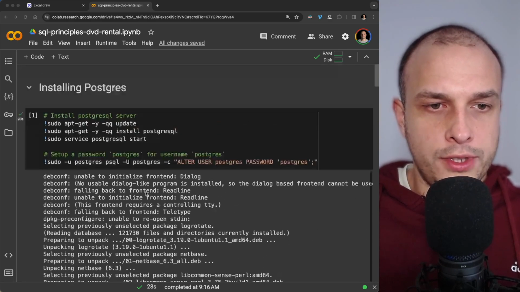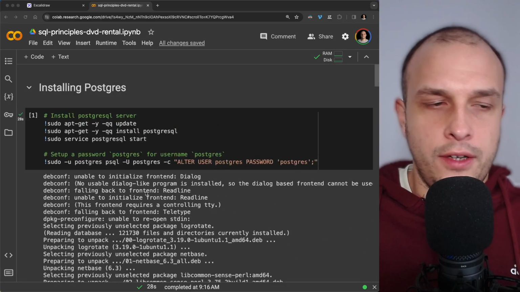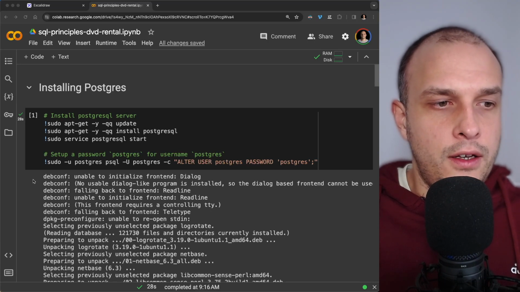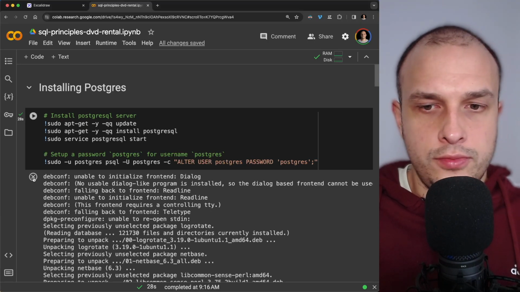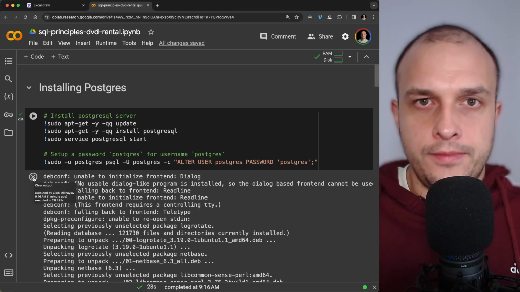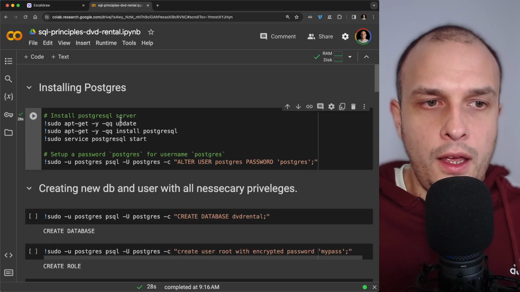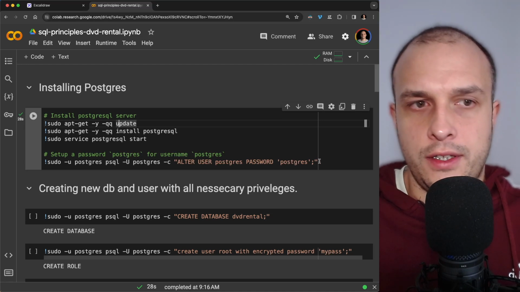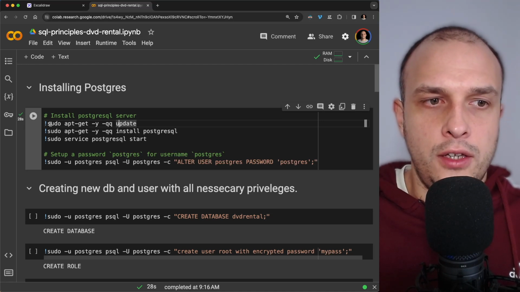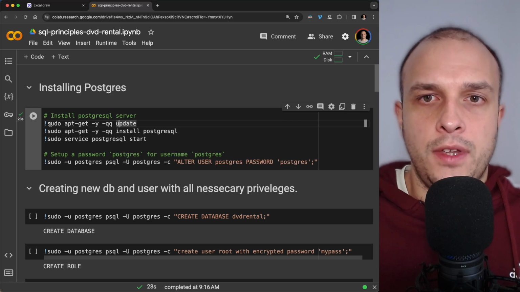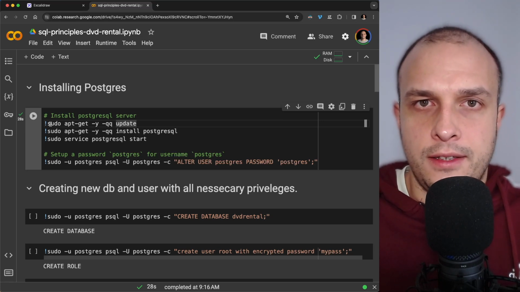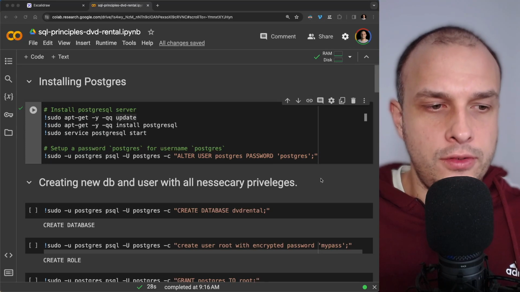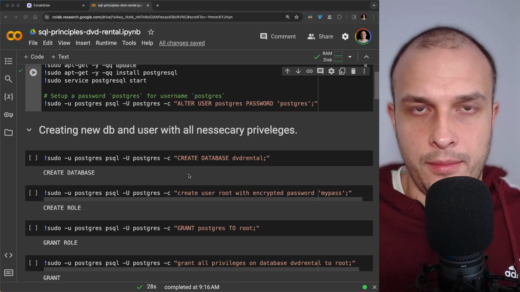No errors here, so I conclude that everything is okay, and I can clear this output to not scroll it every time. And you don't have to understand how this cell works. Just use it and that's it. These are Linux commands that install Postgres. That's it. The next section sets up the database,